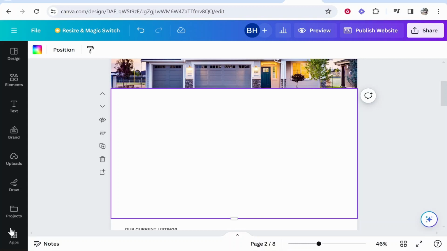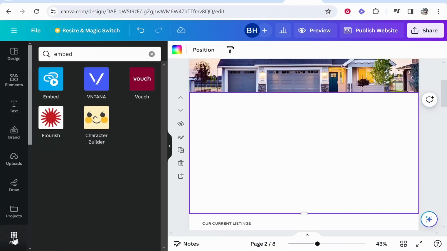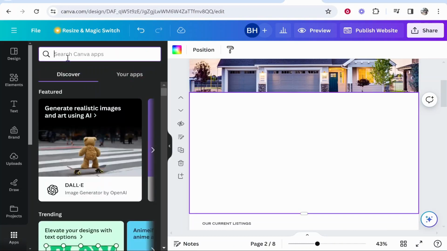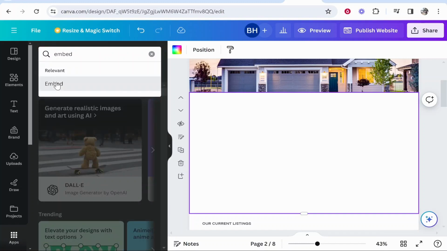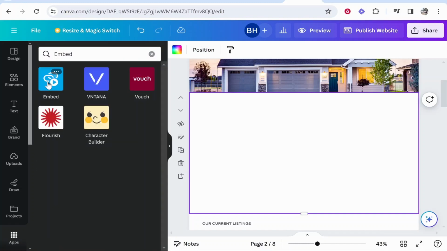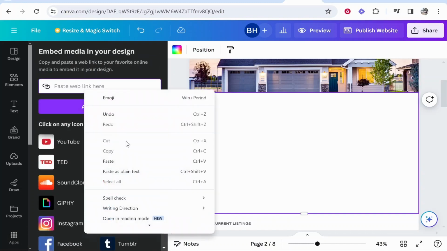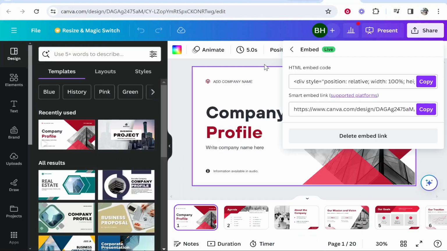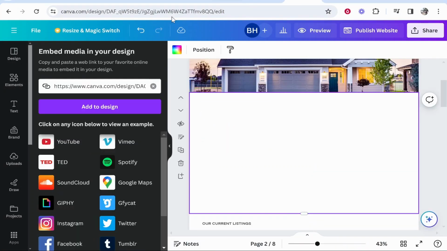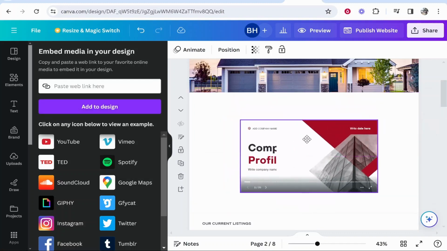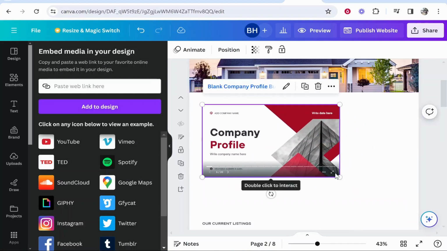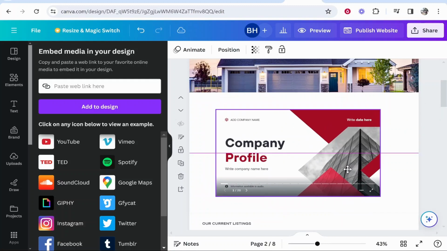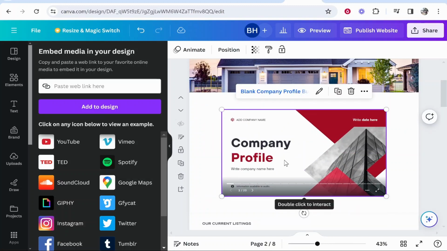So now we can go to apps on Canva in the bottom left hand corner. You can then go ahead and do a search for embed, and then click on embed, click on this first one here, embed, and then paste in that link here that you copied from your Canva design. Once you've pasted in that link, then click add to design, and it's then going to add that design to your Canva website, where here you can resize it to whatever dimensions you need it to be, and obviously place